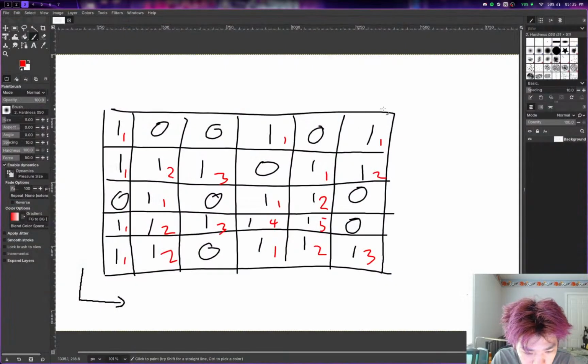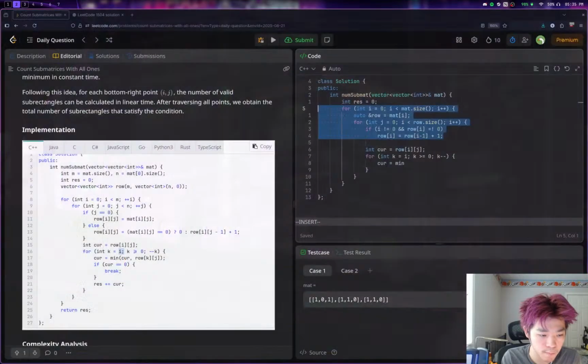And so that's nice because then we can go back upwards to count the vertical rectangles. Because currently what this increment has done is we've counted the horizontal rectangles. And if you're familiar with